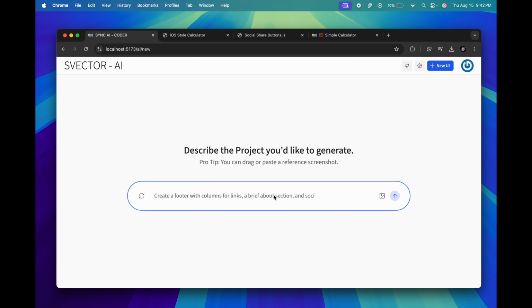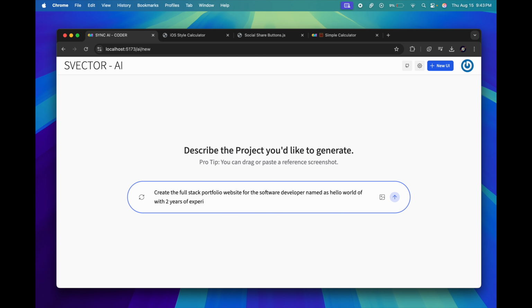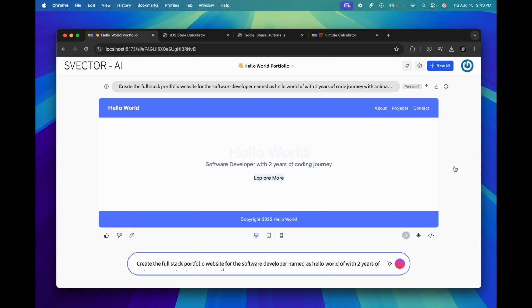Now let's say you want to create a portfolio website for yourself. And now as you can see, it has created the complete portfolio website for the user. Now make it dark mode.